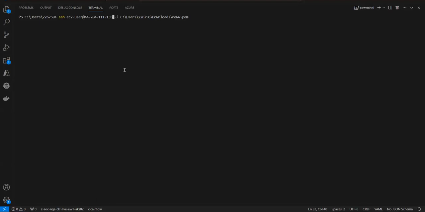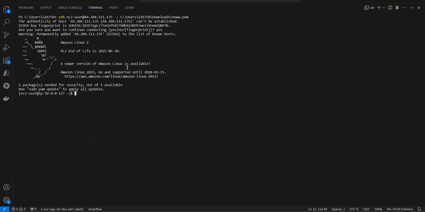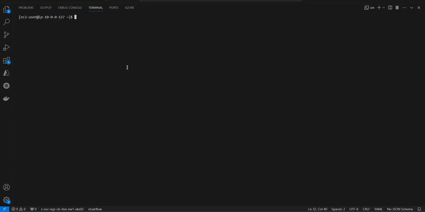Then paste the IP. Okay, now I am going to install